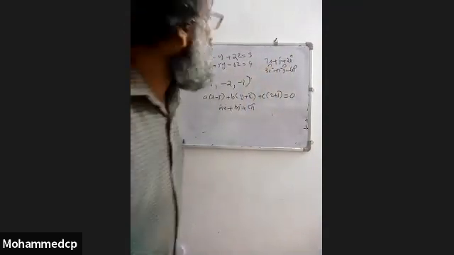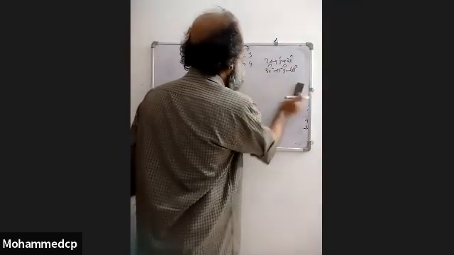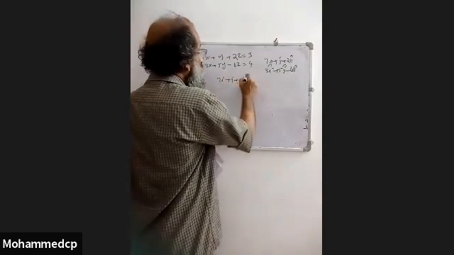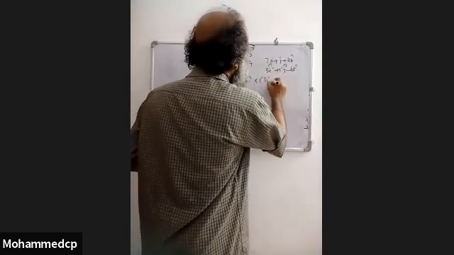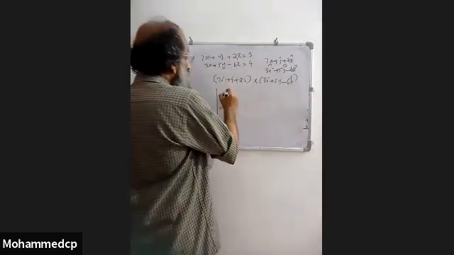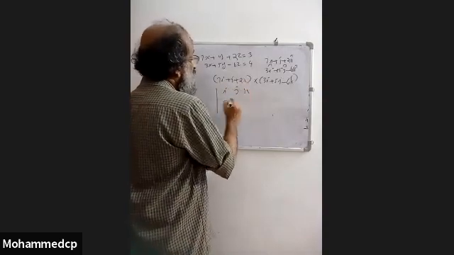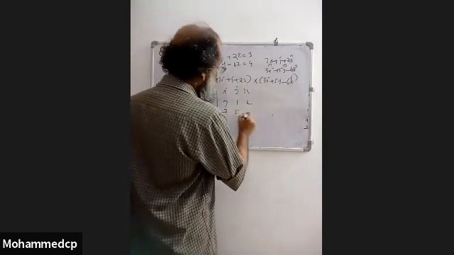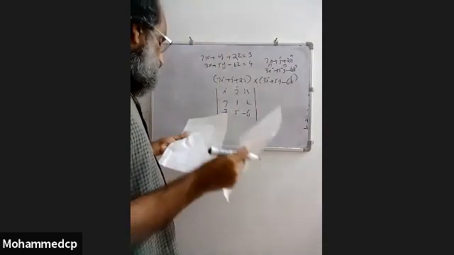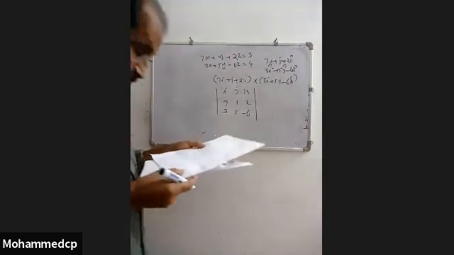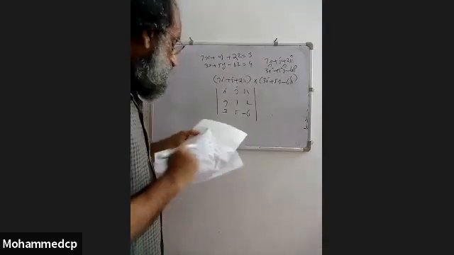That means ai plus bj plus ck is in the direction of 7i plus j plus 2k cross 3i plus 5j minus 6k. Now we find the cross product of those vectors. How to find it? First row i j k, second row 7 1 2, third row 3 5 minus 6, and you find the cross product, which simplifies to the vector